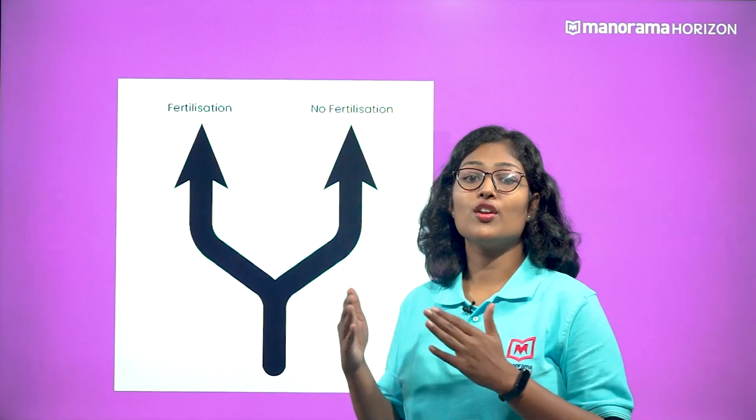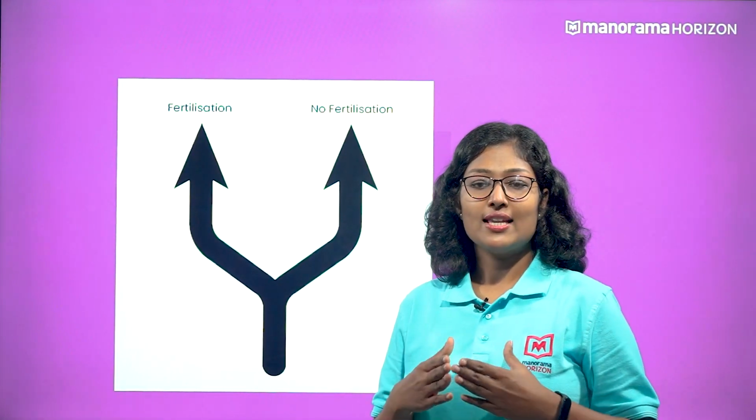Thus, what happens to the ovum that has been released from the mature follicle? Does each ovum get fertilized, resulting in a pregnancy? The answer is no. The further events of a menstrual cycle are determined by whether the ovum has been fertilized or not. Let us discuss the events that occur if fertilization does not occur.